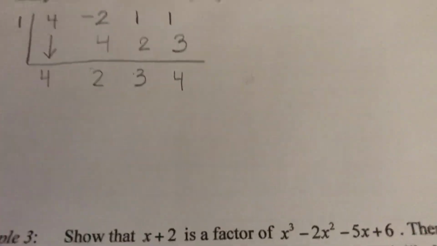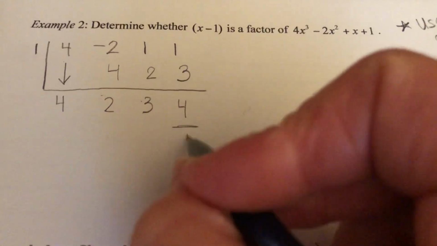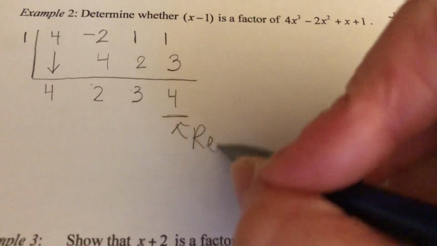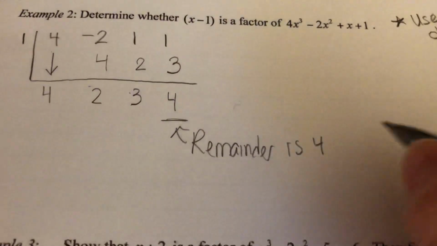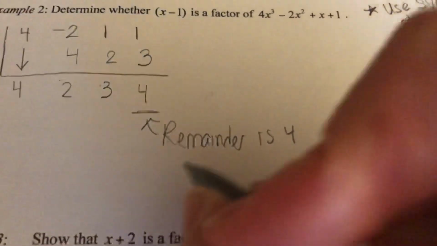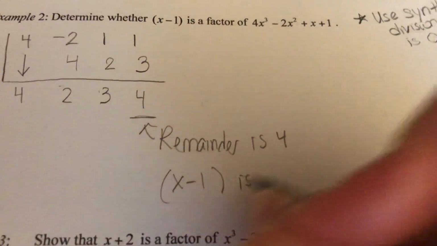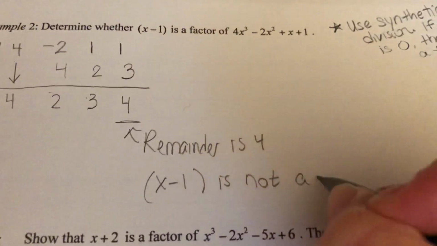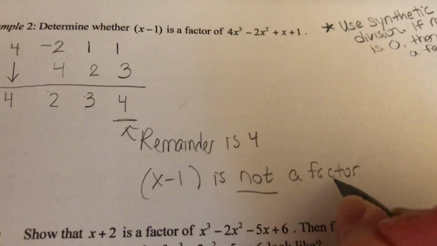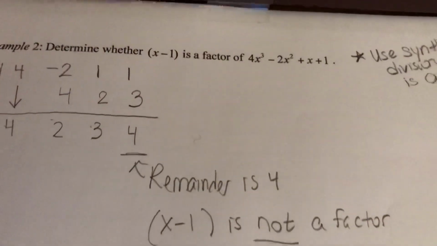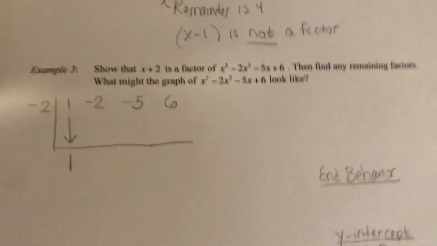And we get 4. So since we get 4 there, this tells us we have a remainder. Therefore, since we have a remainder of 4, x minus 1 is not a factor. If it was a remainder of 0, it would have been, but because it's 4, we do not have a factor there. Okay. So the next one's saying to show that x plus 2 is a factor,